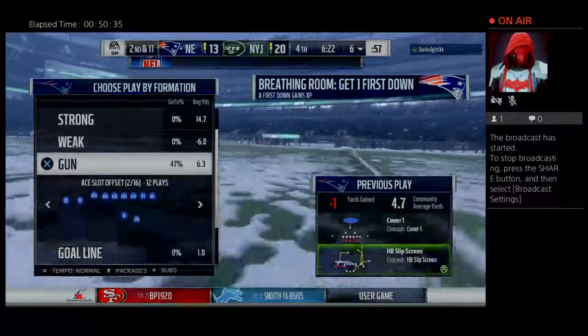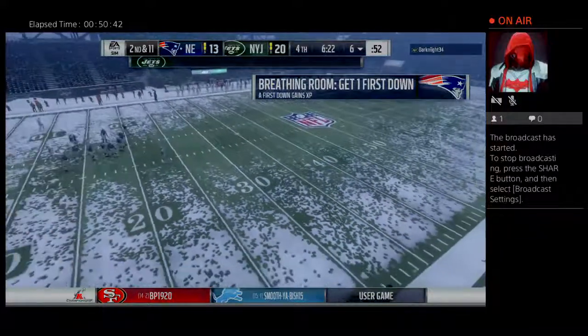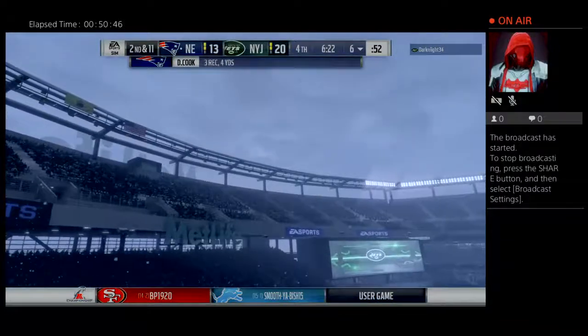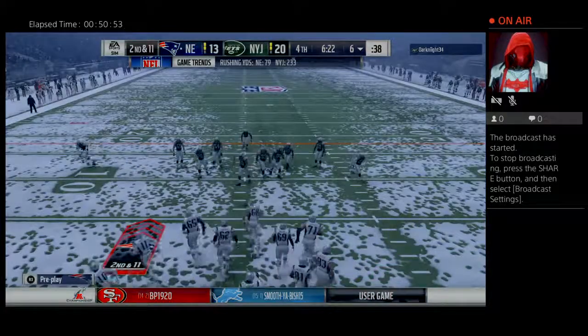Now here's a timeout defensively. Defensive timeout called by the Jets. It's just their first. They'll be down to 2 remaining as we step aside here in the fourth quarter. A little bit of ground to make up for the offense as they